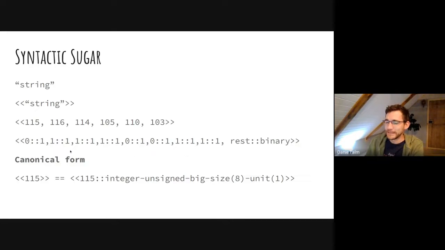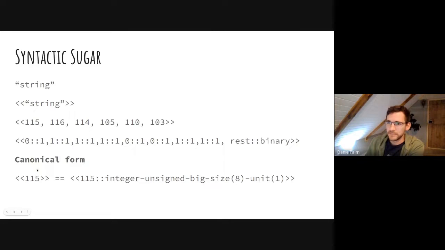Okay, cool. So you can give a binary in a number of ways to Elixir. It will convert it, but when it presents it back to you, it will do it in a canonical way, and that canonical way is this line here, with all the integers separated by commas. And you'll have noticed that I'm using some double colons here. That is a way to indicate to Elixir what you mean by that 0 or whatever value you have there. We'll dig into the modifiers a bit later.